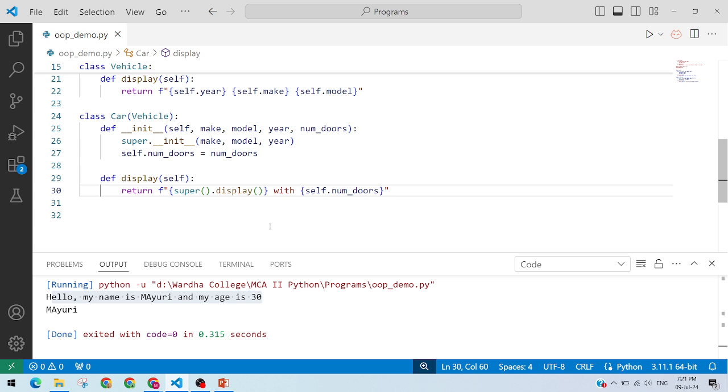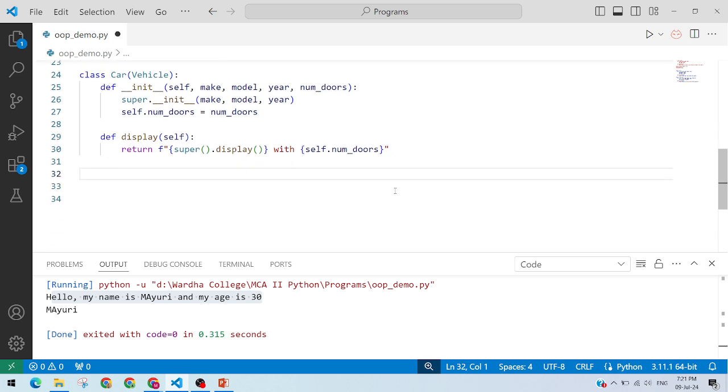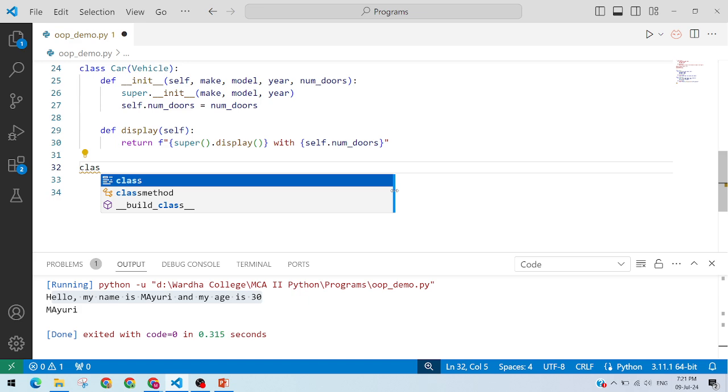एनी डाउट टिल नाउ? नो मैम। वैसे ही अगर मुझे सेम व्हीकल से एक मोटरसाइकिल का क्लास बनाना है तो कैसे बनाएंगे, आप बताओ।